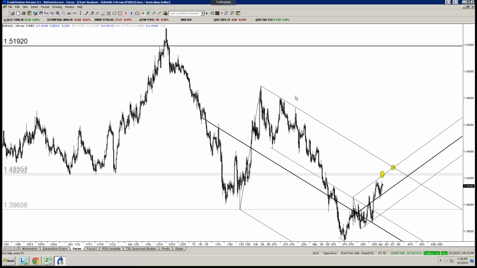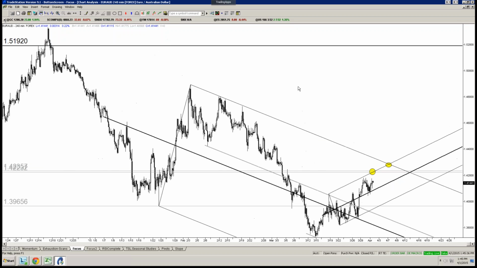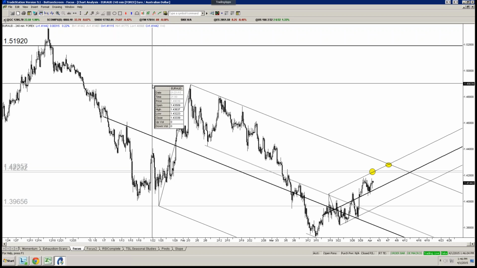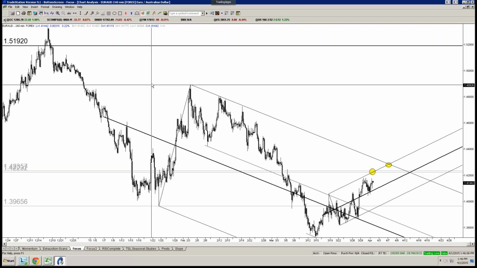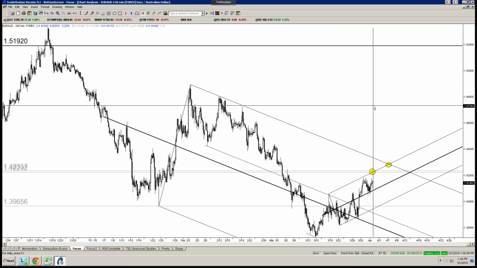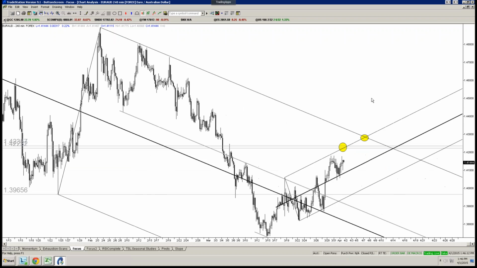So if you're asking, there's no set steps or anything with the setups. You're looking for the best support or resistance, ideally within the trend, to get on board. The best setup is going to be finding resistance in a downtrend and selling that, or finding support in an uptrend and buying that, okay? Even if you're wrong on the trend, and you sell at the right level, a lot of times you can still make some money, or at least you won't lose much or any, because you can move your stop to break even. So a lot of it is just understanding the market's behavior and where it is.